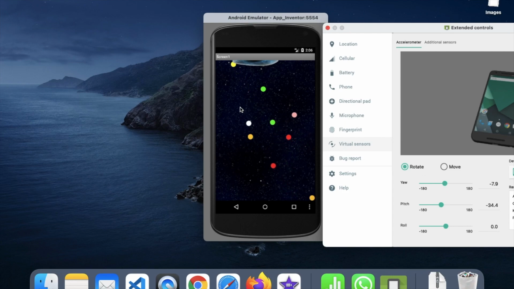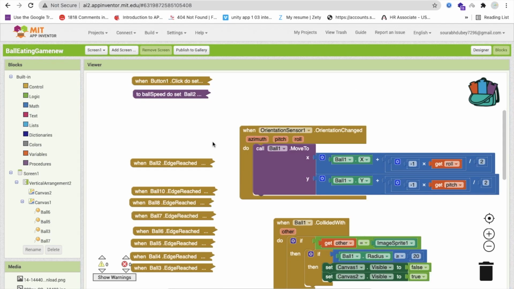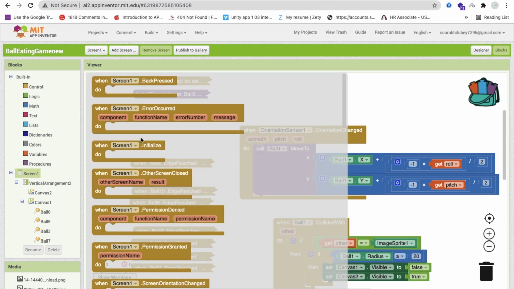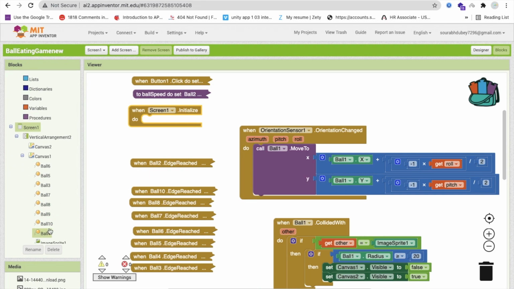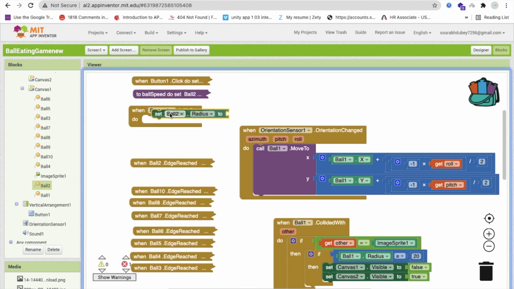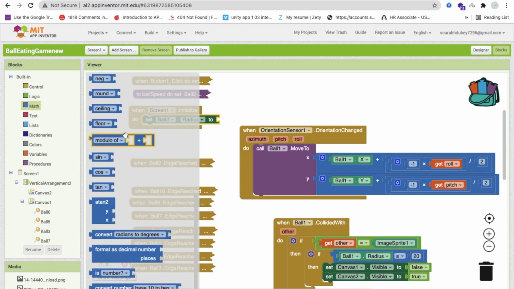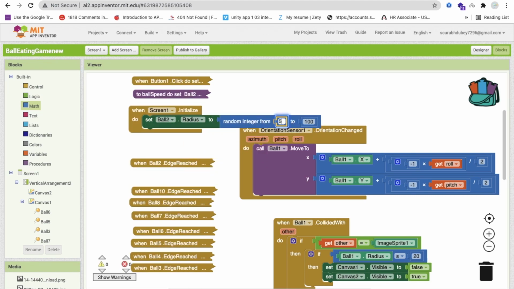Now we can see we can't eat anything here just because all the ball sizes are the same. So how can we create all these balls with different sizes? Whenever we initialize our screen, on the left side you can see Screen, we will also initialize the radius of our balls. For that we just need to do one thing: take set Ball2 radius, and call this component, and you will get the max component for the random value. It's simple like this, or you can assign that value from 5 to 20, or you can say 15. That's the size.